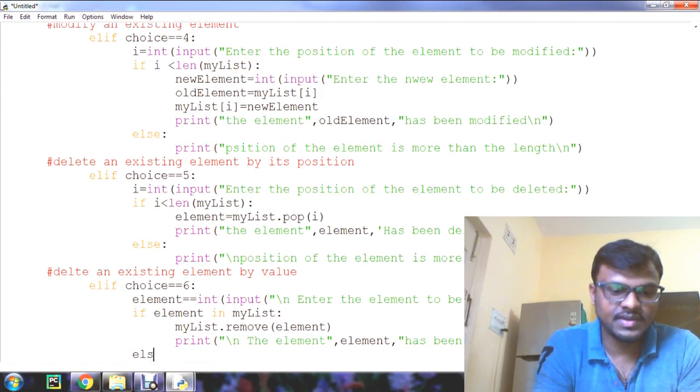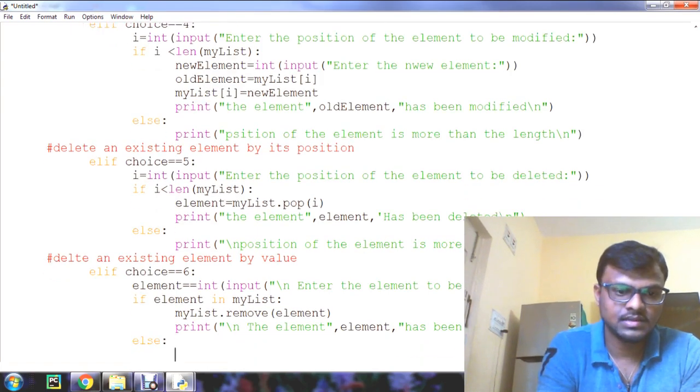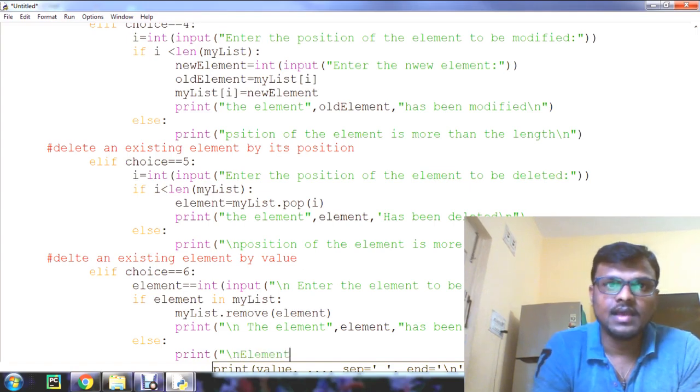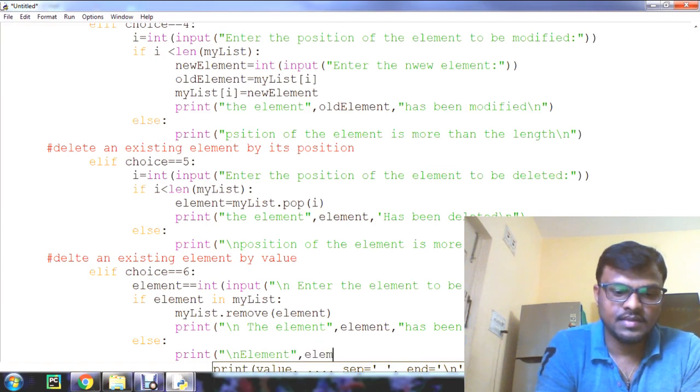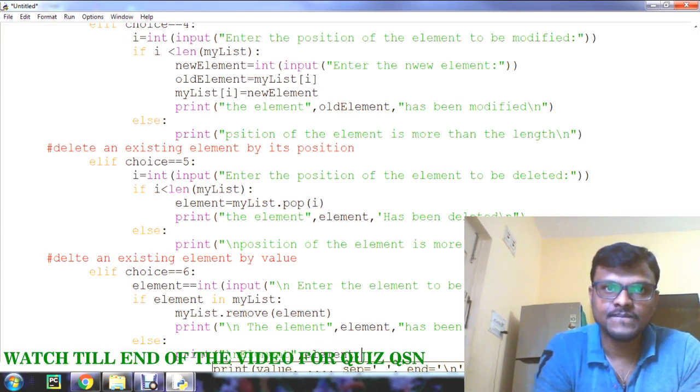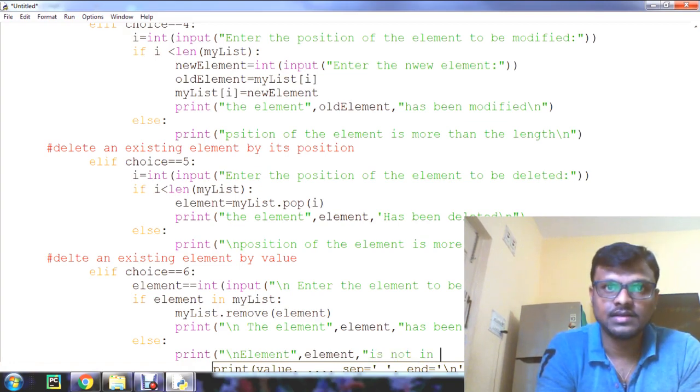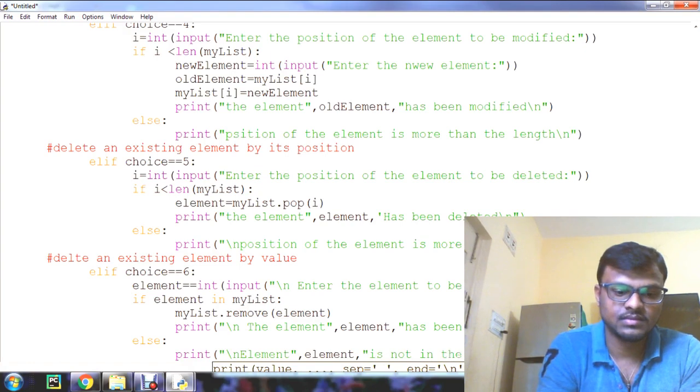Else part we can check, else, print element is not in the list.